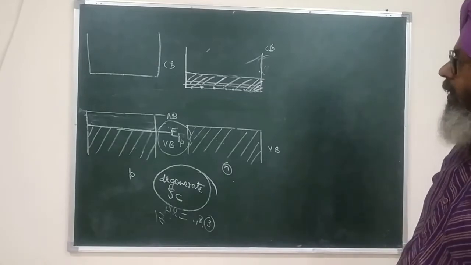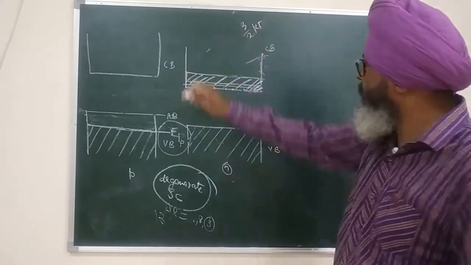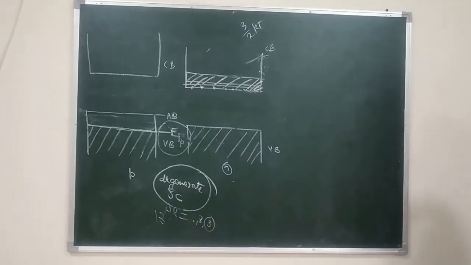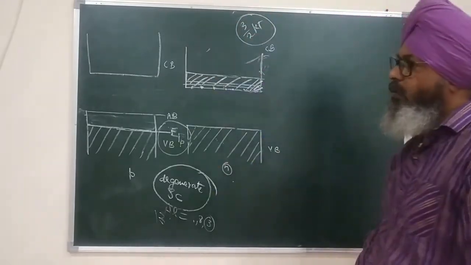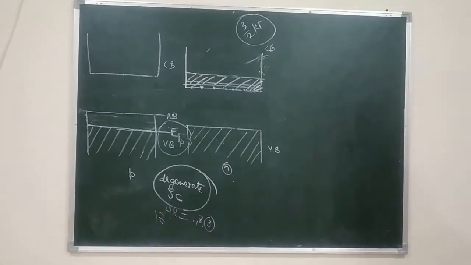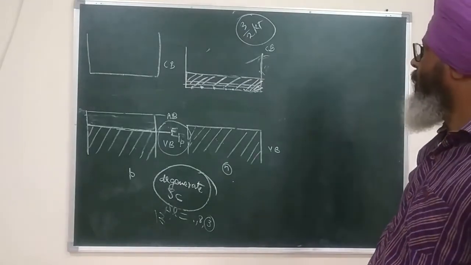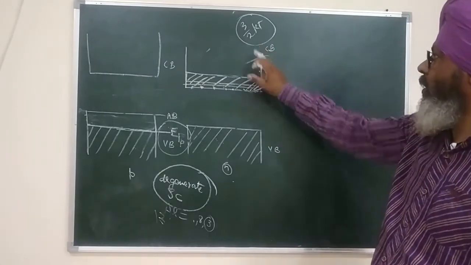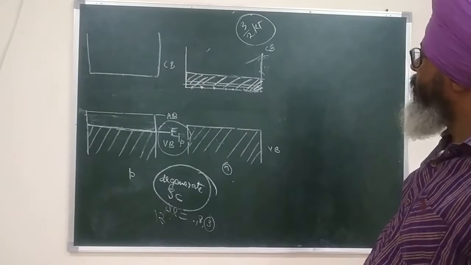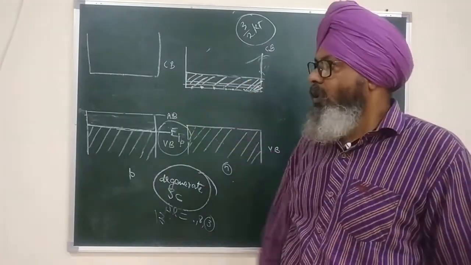However, let us say the kinetic energy is 3/2 kT. Now kindly remember, initially I was talking about 0 Kelvin. Now I am joining n and p-type semiconductors, and I am talking at room temperature, because this diffusion of electrons requires the temperature to be more than 0 Kelvin. So now I am not talking about 0 Kelvin, I am talking about room temperature, the normal conditions. Because of this thermal energy, the electrons are traveling. This thermal energy is the same for all the electrons. However, the repulsive energy is not the same.